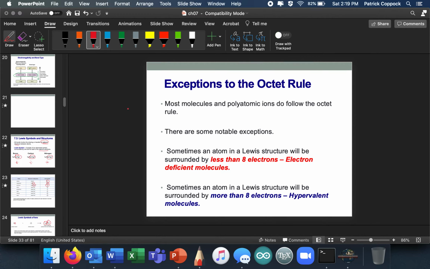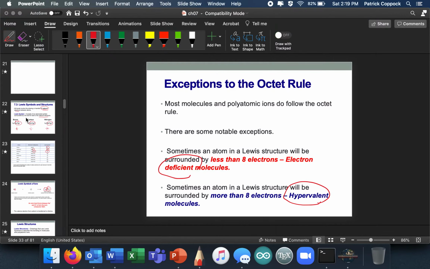The octet rule. Turns out not everything fits perfectly as we might imagine, okay? We are going to have a couple nice boxes for our exceptions. So let's look at these. Number one, electron deficient molecules, that is, molecules that don't have enough electrons. And number two, molecules that have too many electrons, okay? So let's look at how those